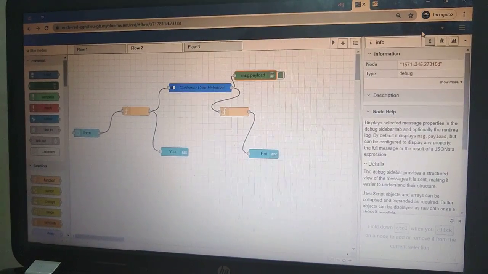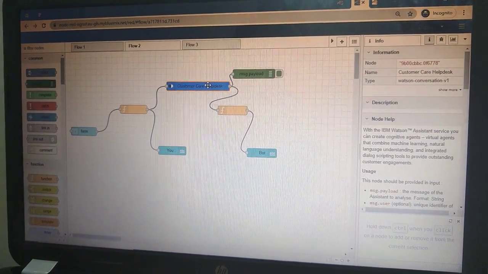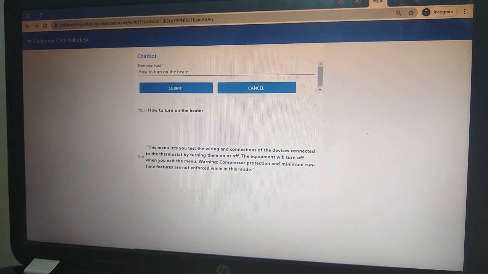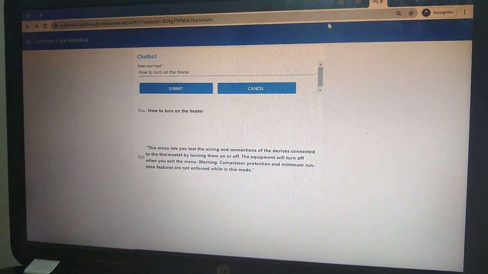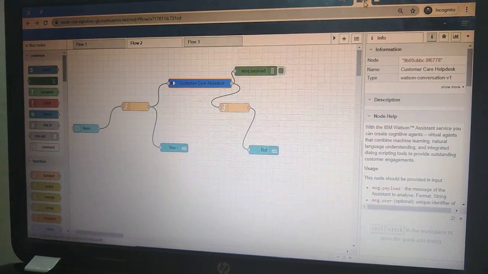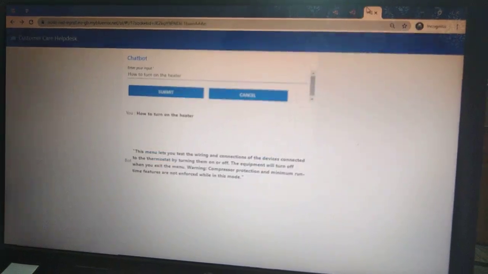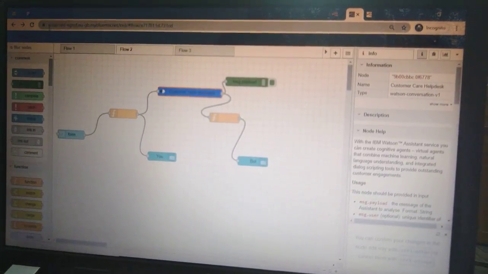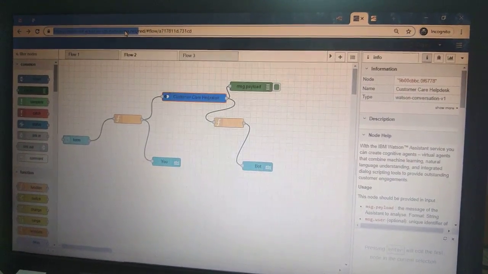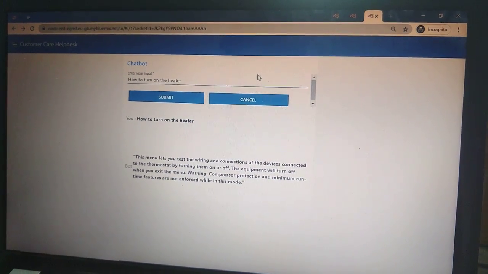We can deploy our flow by clicking over here, and when we deploy our flow, we will be redirected to this page. We also need to use this code and /URL, which will take us to this page.